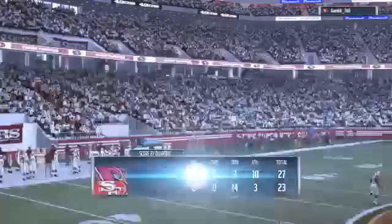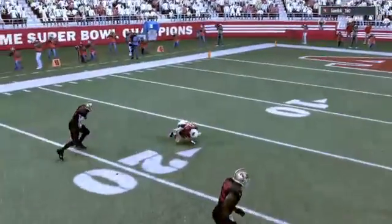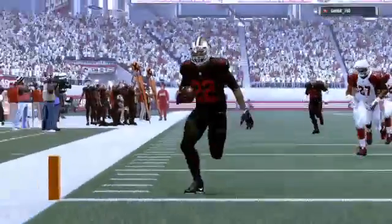So for the Cardinals, the wins keep coming as this one moves them to 12-3 on the year. And they will head home next week to take on the New York Jets. Meanwhile, for